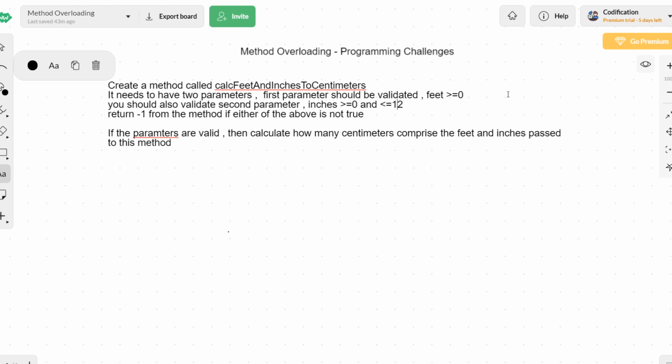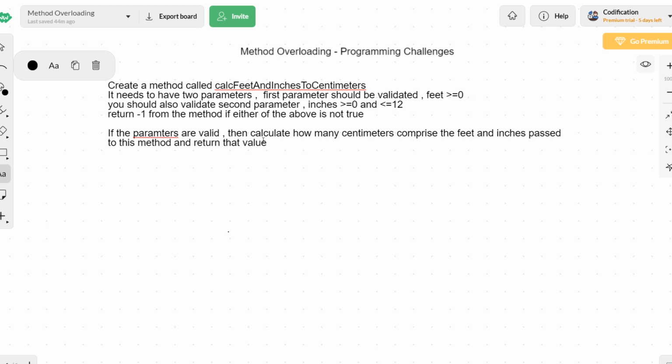Feet have to be separately converted to centimeters and inches have to be separately converted to centimeters, and both values together you have to add, and you have to return the resultant overall centimeter value.